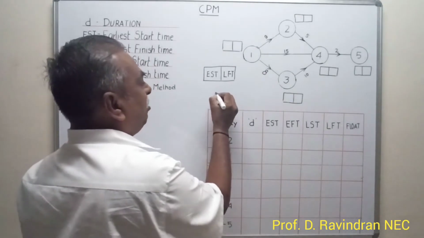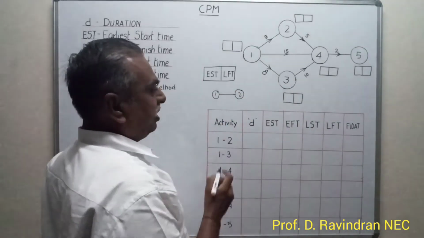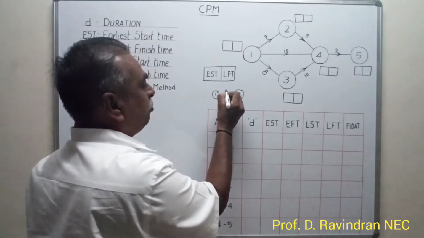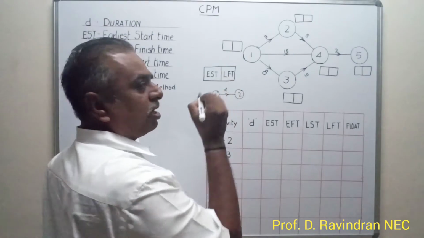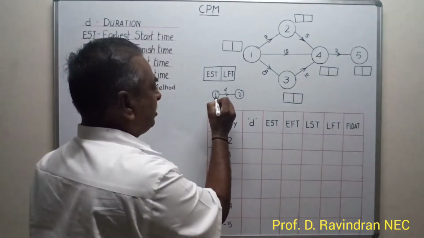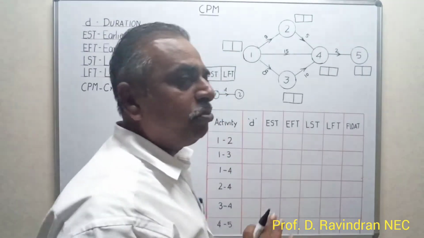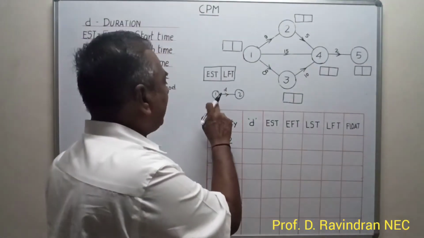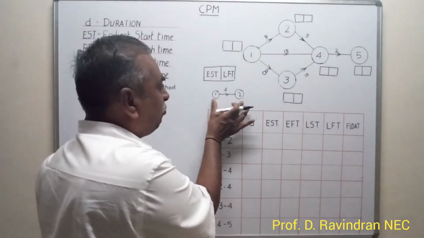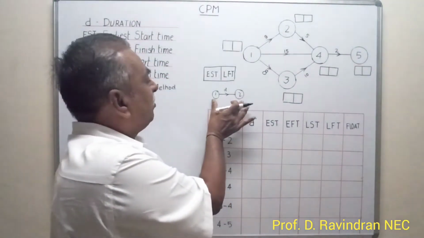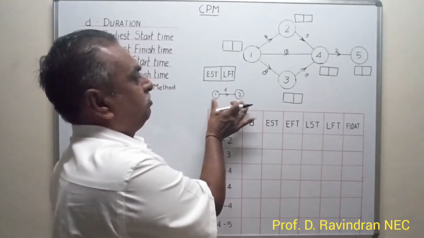So an activity will have nodes. Suppose it is one activity like this. The activity duration will be mentioned here. These are called the nodes of this activity. So it has a starting node and an ending node. These nodes will not consume any time. It may be started at 0 time or at any particular time. But this activity alone will have some duration, or it will consume money, material, men, etc.